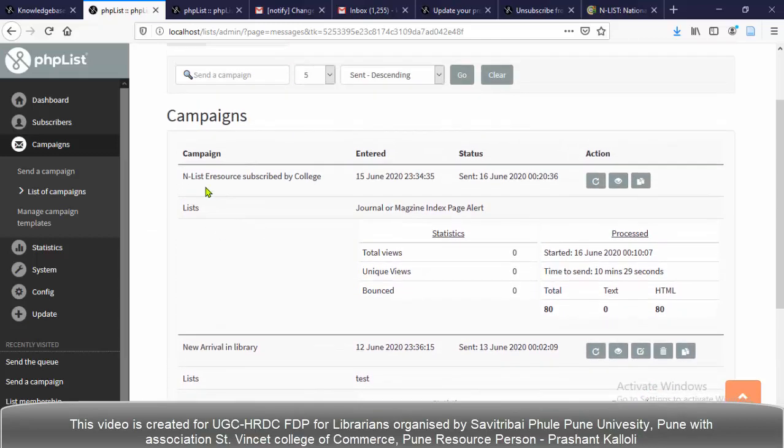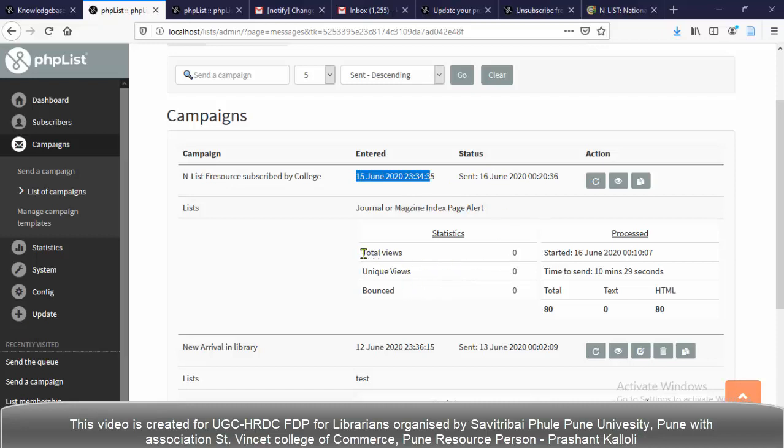Here it says that I made the endless e-resources subscribed by college campaign. This campaign we just ran and sent the emails to the users. And the date is here, when it started, when it ends, and total views, the statistics.